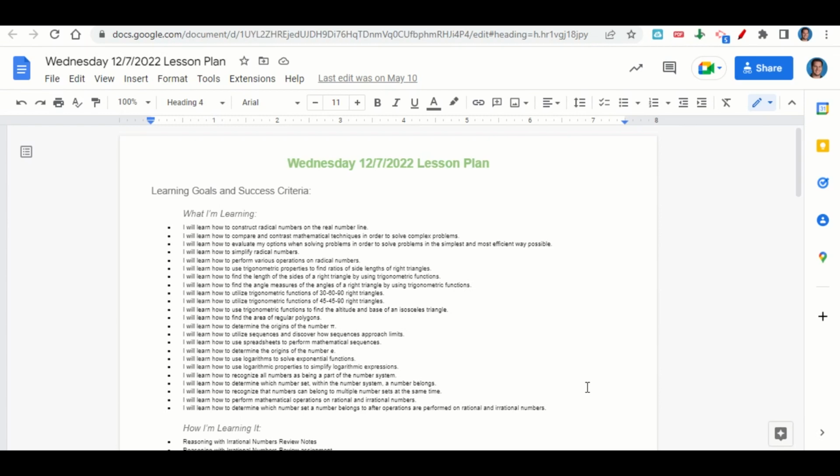sequences and discover how sequences approach limits, to use spreadsheets to perform mathematical sequences, to determine the origins of the number e, to use logarithms to solve exponential functions, to use logarithmic properties to simplify logarithmic expressions, to recognize all numbers as being part of the number system, to determine which number set within the number system a number belongs,